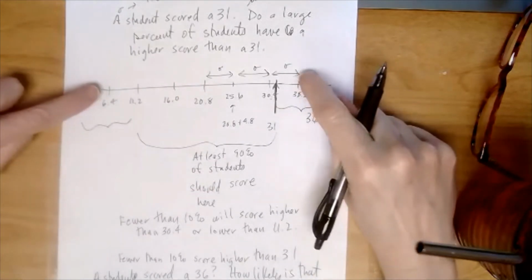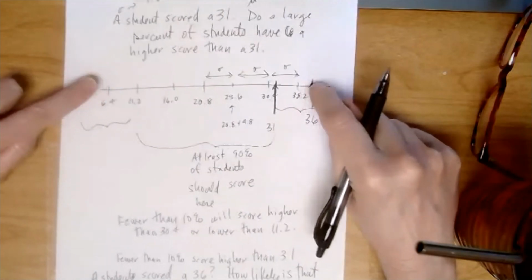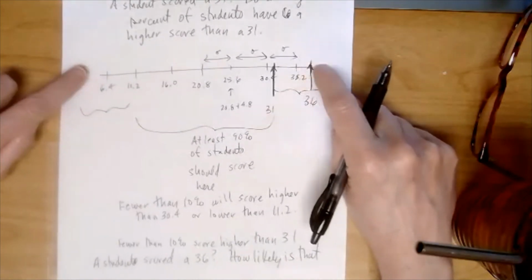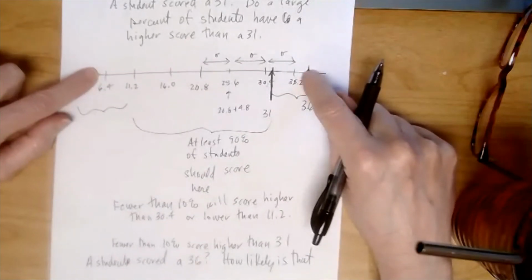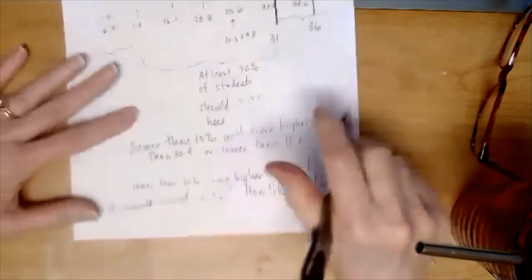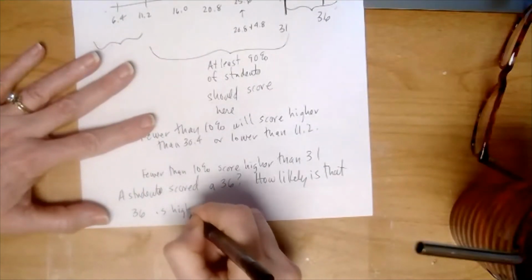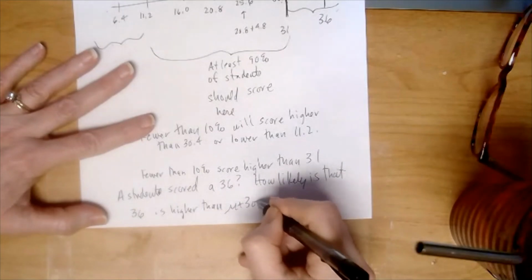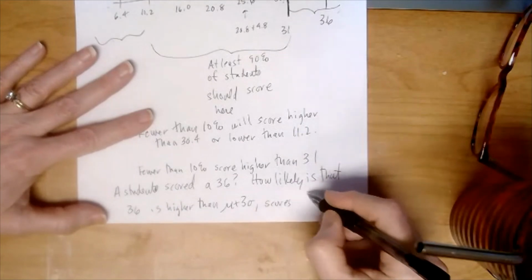I know by the empirical rule that almost all, close to 100%, are going to score between 6.4 and 35.2. So if it's close to 1, that means everything outside of here is rare. Because 36 is higher than mu plus 3 sigma,